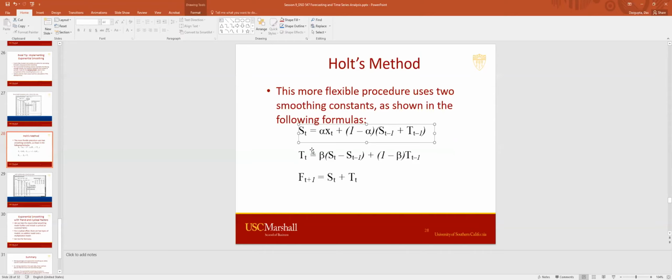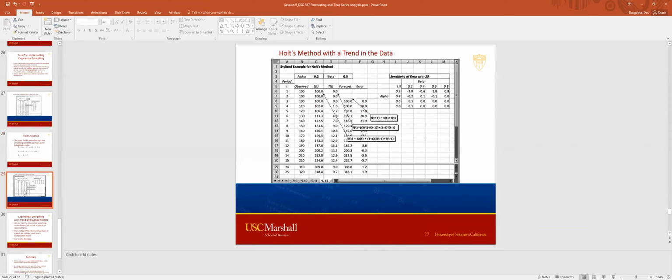And that's given by T_t equals beta times the smoothed value difference of the previous period and this period, plus 1 minus beta times the T value from the previous period. And the forecasted value is given to be the sum of, this is the additive model, if you remember, S_t plus T_t. So now you will be able to look at the spreadsheet for the final one,